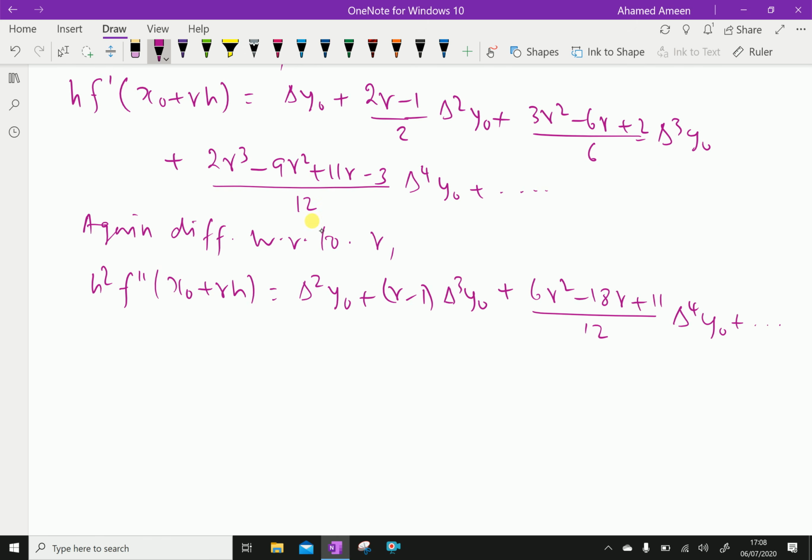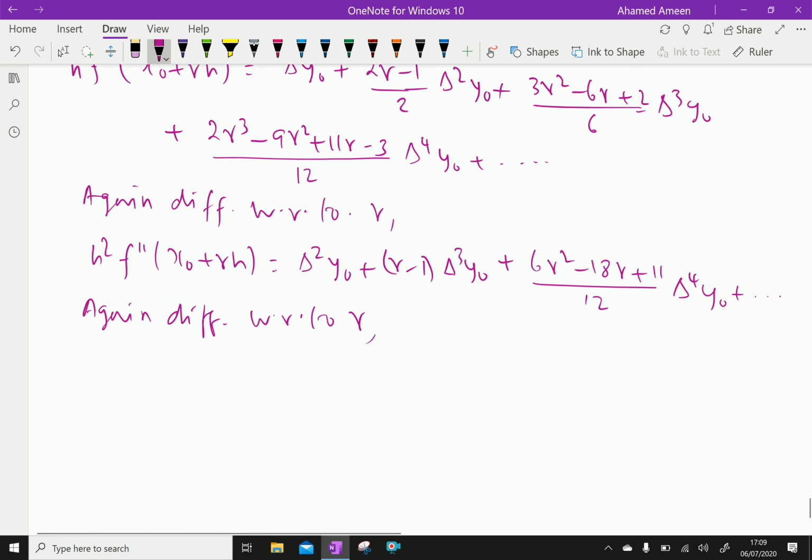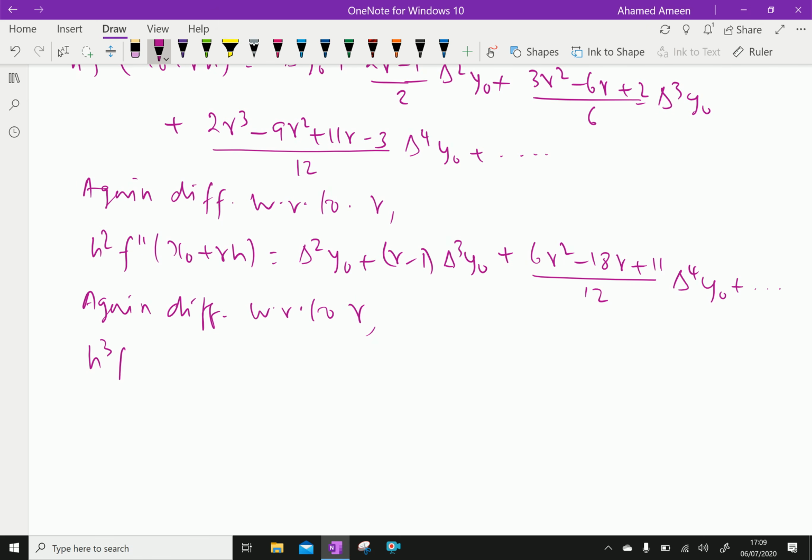Then differentiating the second derivative again with respect to r, we get h cube f triple dash of x0 plus rh